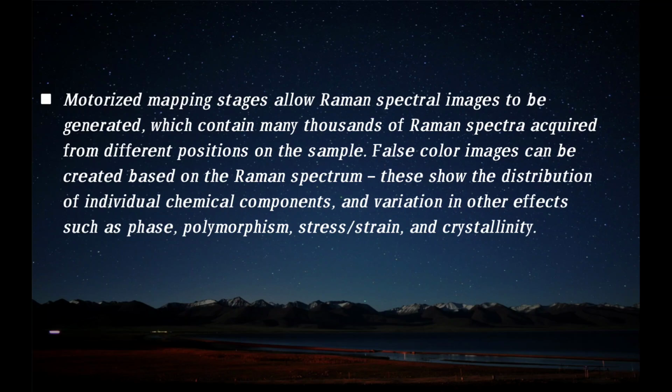Motorized mapping stages allow Raman spectral images to be generated, which contain many thousands of Raman spectra acquired from different positions on the sample. A false color image can be created based on the Raman spectrum. This shows the distribution of individual chemical components and variation in other effects such as phase, polymorphism, stress, strain, and